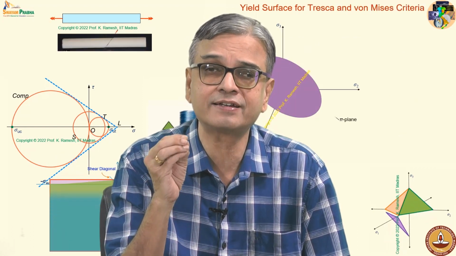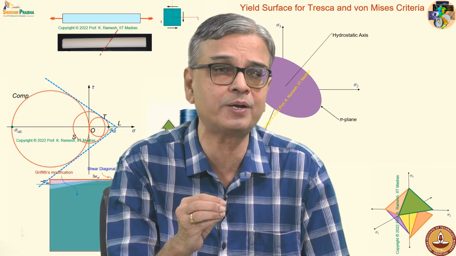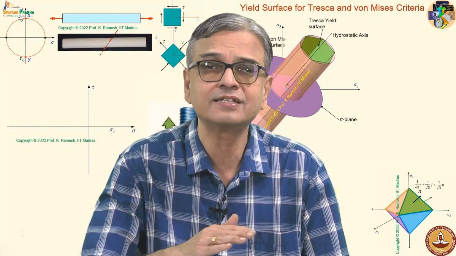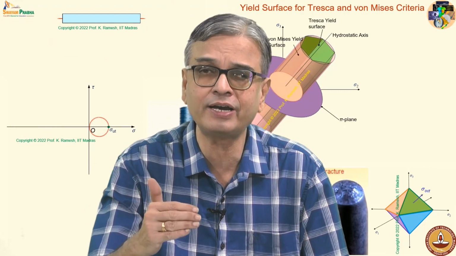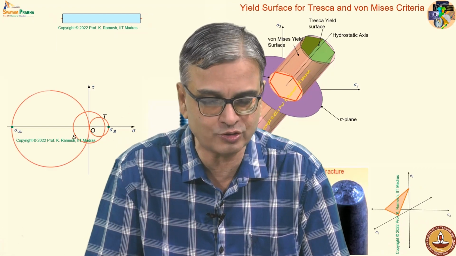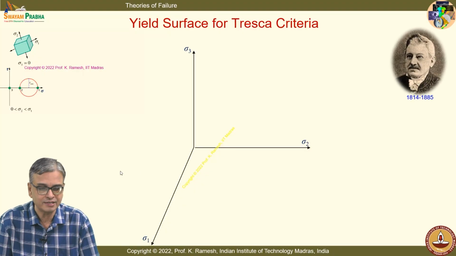And if my real stress state in a given problem lies within it, no failure will occur. If it is outside or on the boundary, yielding will happen. That is how people have proposed the failure theories. So, you have this, we will see what is the yield surface for Tresca,